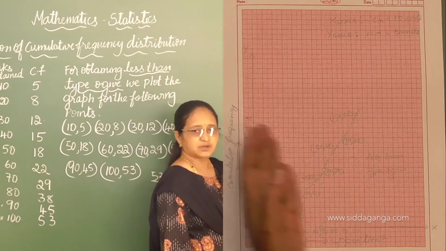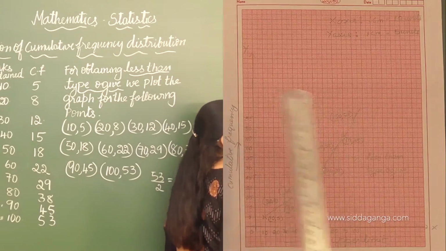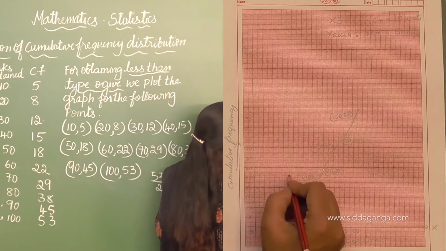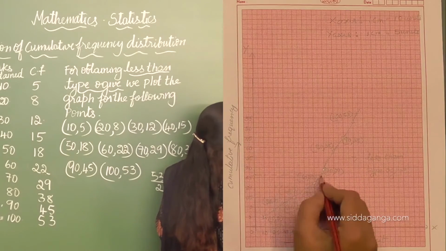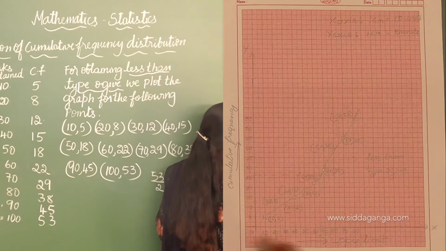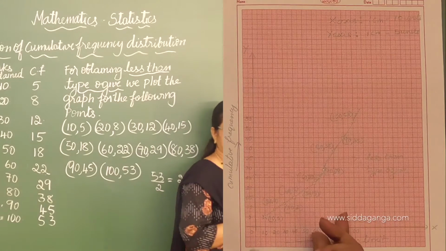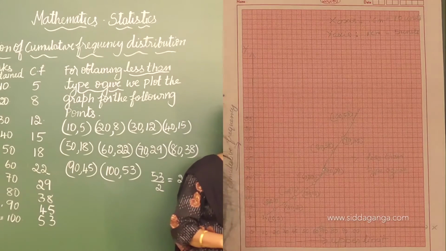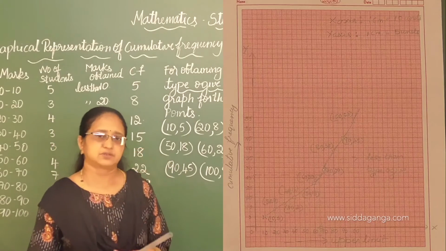Okay. Now this is how we can find out the median. See here, n is 53. 53 divided by 2, we got 26.5. So for 26.5, we are going to draw one perpendicular to the y axis, and that will intersect this curve, and another perpendicular line we have to draw. This will intersect here, the upper limit here. So that is the median. Now you want to understand whether it is correct or not. When I show by using the formula, you will understand. Okay. So this is how we are plotting the graph for less than type OG.